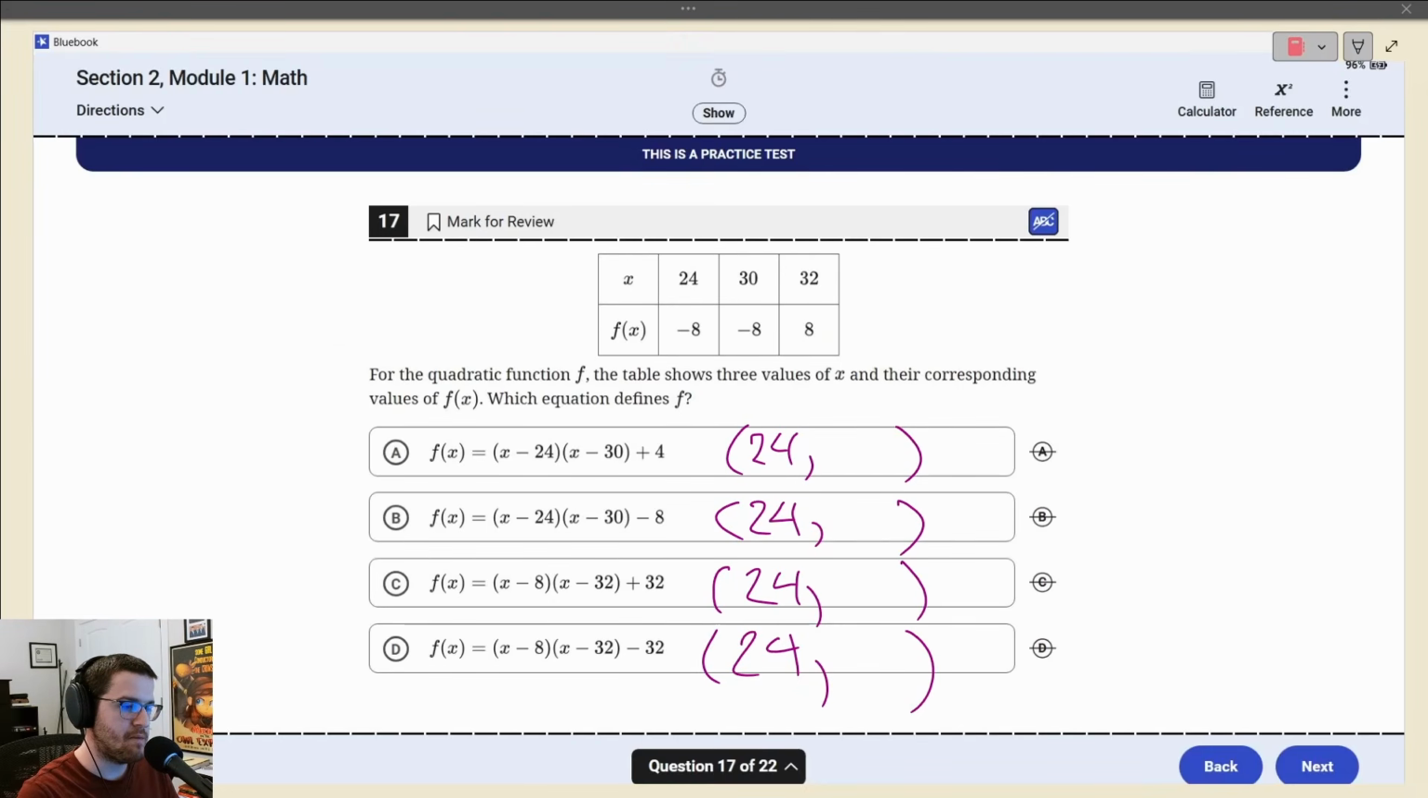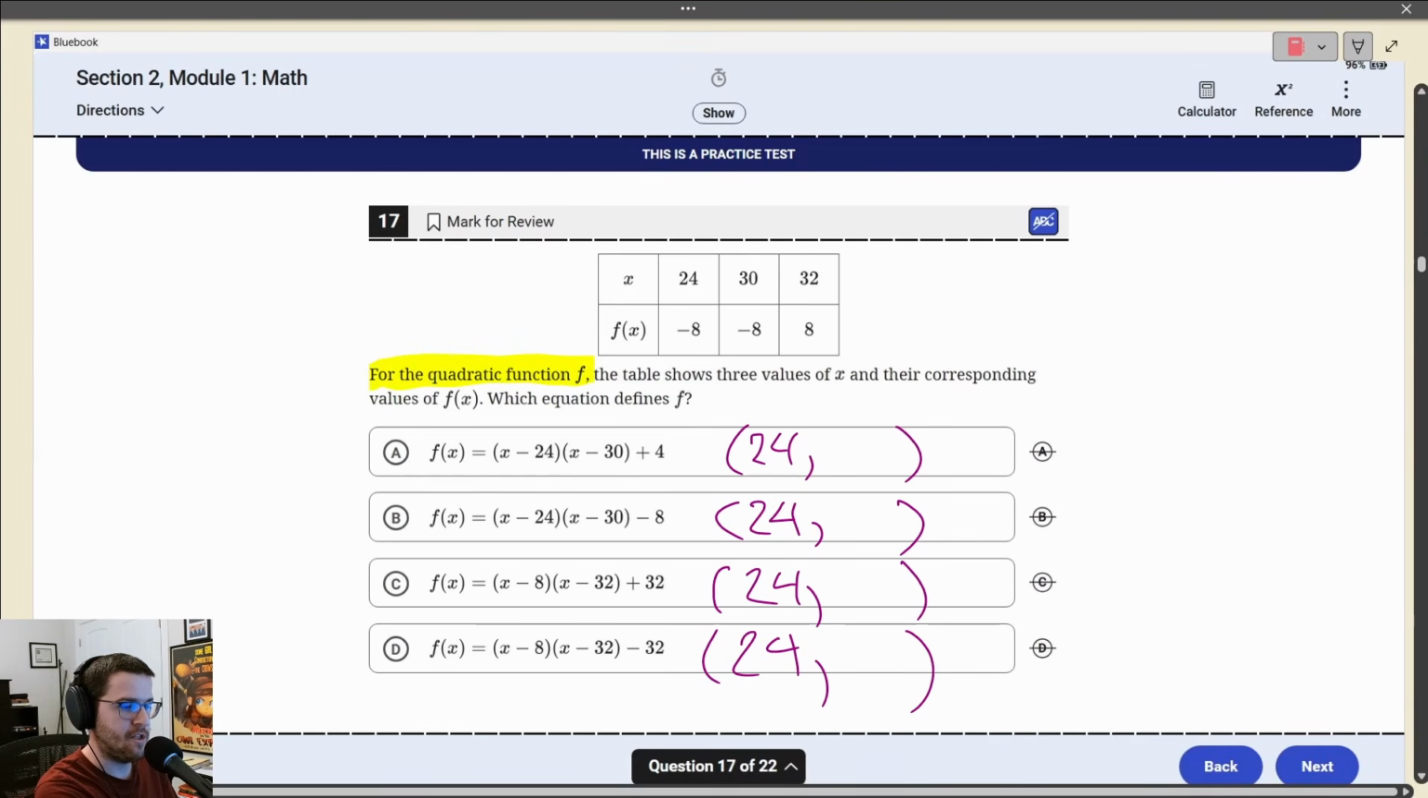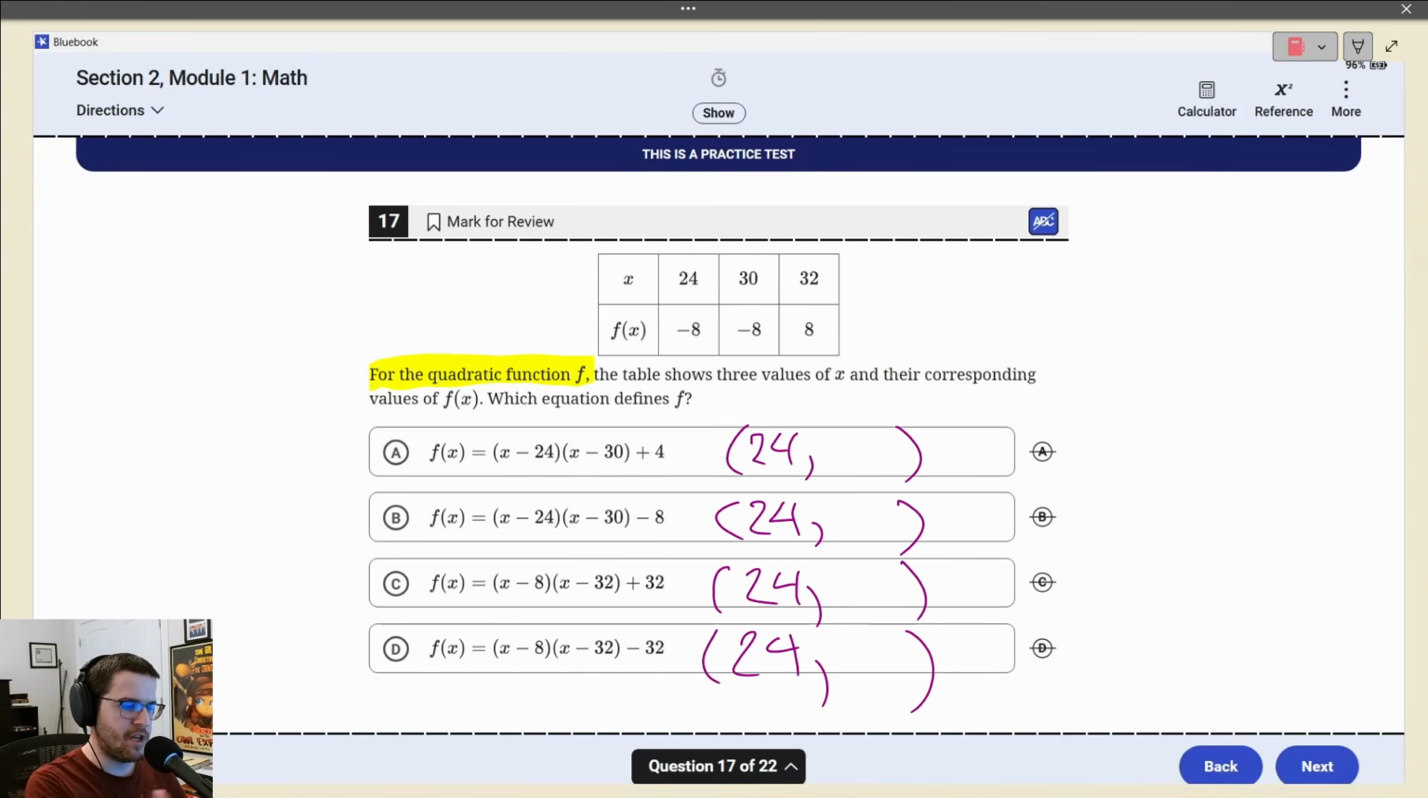Okay, question 17. First, always make note of when they tell you what kind of function it is. This is a quadratic function. You should make a note of that. All of these equations are in this weird modified factored form, and there's definitely some concept they want you to notice here, but I'm pretty sure the easiest way to do this is to just guess and check the